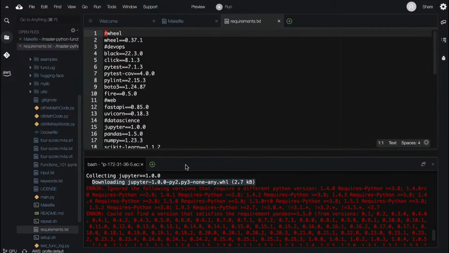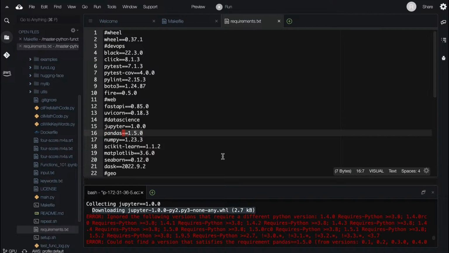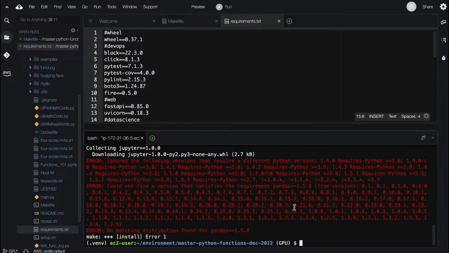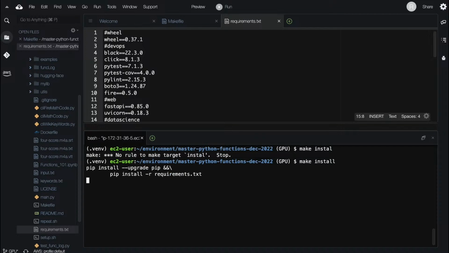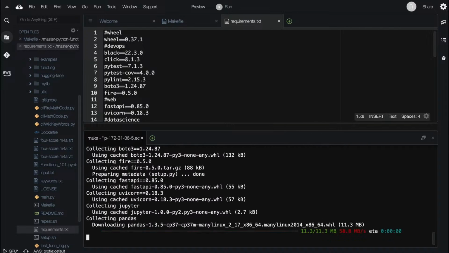We just go here and we find pandas and we just take this out, right? And we take this out. So far I haven't even used these libraries, and I may not even need to use them. So I could just punt, but for fun, let's put these back in. How do I fix this? I just say make install. And this should grab whatever the latest version is of these two libraries.